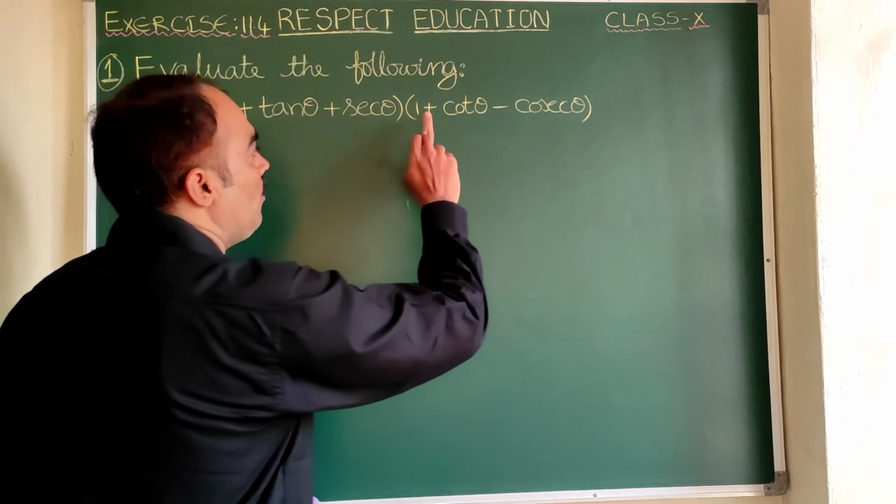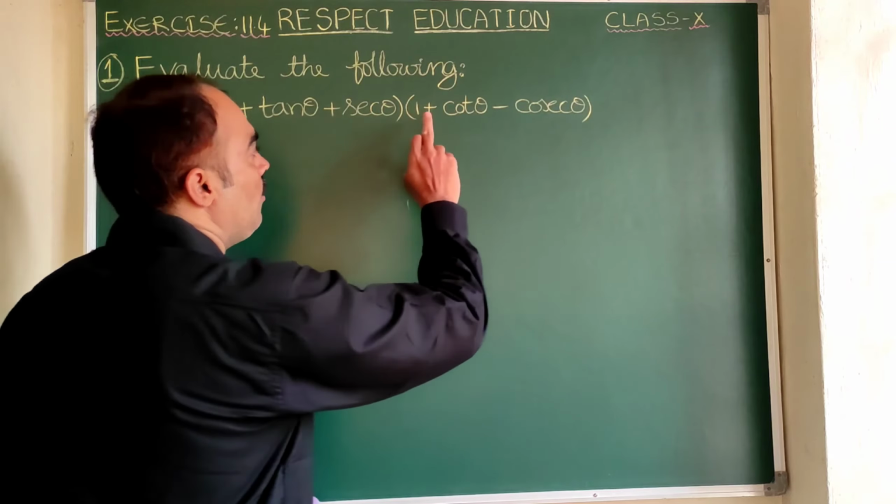Is it clear? Now observe carefully. Cos theta plus sin theta, and here also sin theta plus cos theta. Are they the same or not? Yes, they are the same. Of course the order is different, but this is also the addition of sin and cos. So in your mind you visualize this as some small a, and you take 1 as b. In the same way here it is a, and here 1 is b.